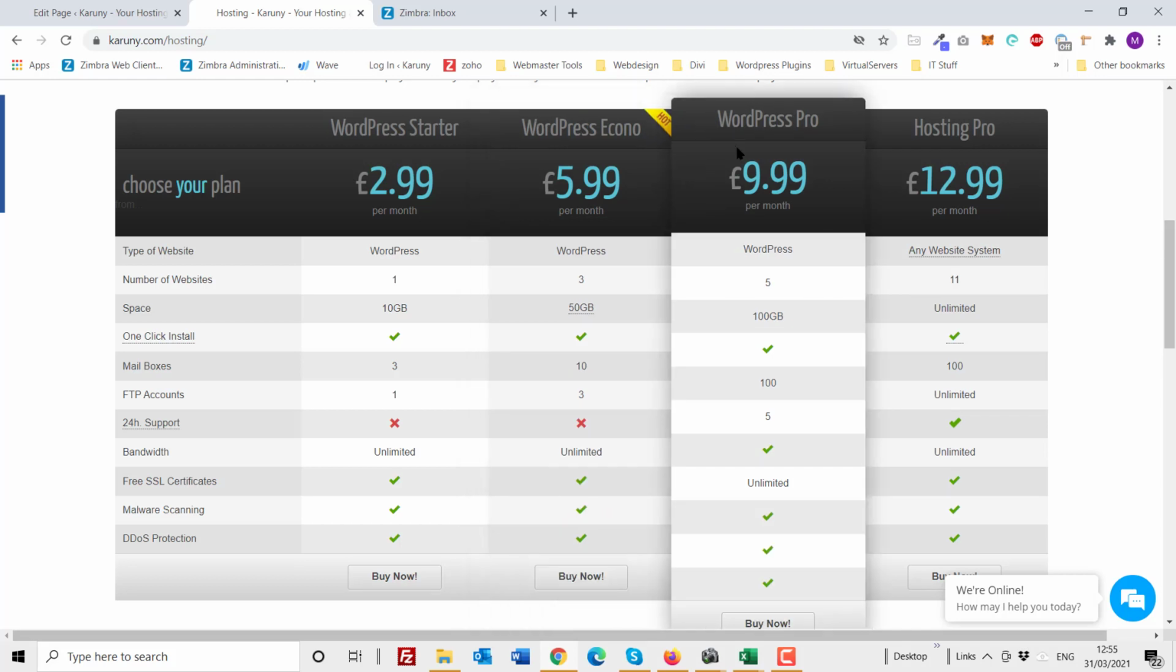The Pro is suggested if you have a web shop or a big website, like say it's your main website for your institution. You have a lot of people that should have mailboxes. You need a lot of space. Maybe you have a web shop that has a lot of images. Then we would recommend WordPress Pro. And Hosting Pro